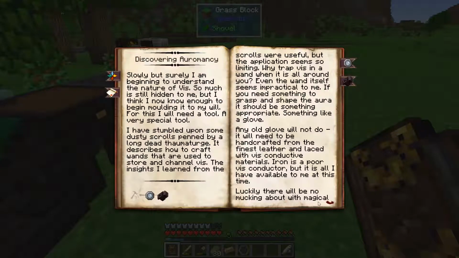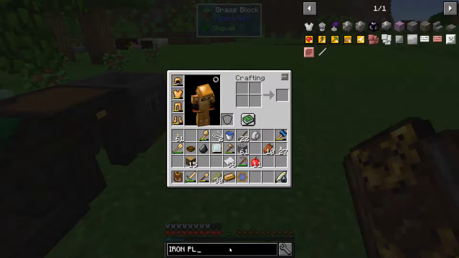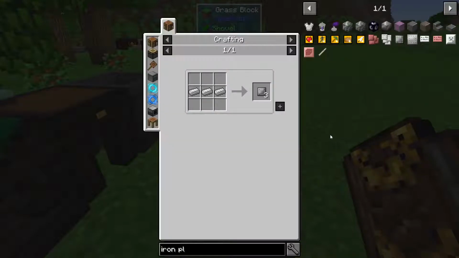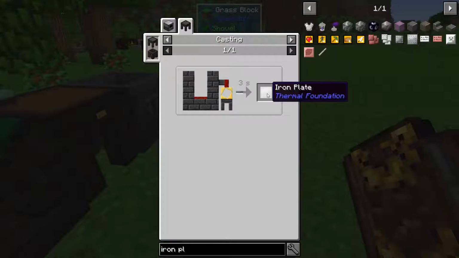So, they want me to make these things. Need to make the vis resonator and the caster's gauntlet. An iron plate, nether quartz, a couple of crystals, and 50 vis will make a vis resonator. That shouldn't be hard to get. So, iron plate. An iron plate from Thaumcraft, Thermal Expansion, and 3 pieces of iron, or iron in a compactor. You can cast it too from,